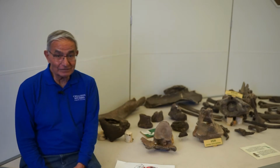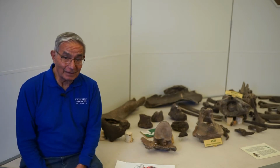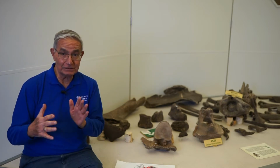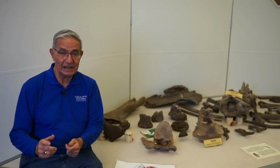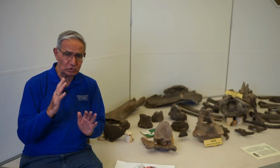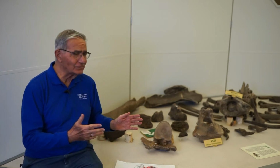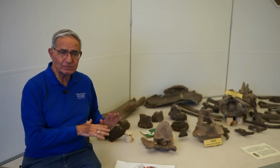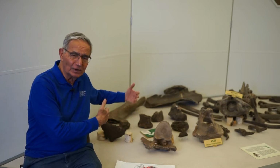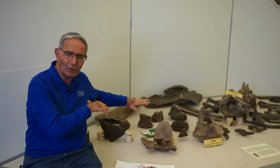I'm here at the Ice Age section at the Creation Discovery Museum. And in this section, I really enjoy looking at the mammoth bones. Over the years, as we talked about earlier, 1996 to 1999, we actually were digging up mammoth bones. And as we found one mammoth, we found another one, and another one, and another one. And so what we have here on display in this museum is basically how the fossil site looked. It was about a 30-foot area, and in that area we had bones of all different mammoths